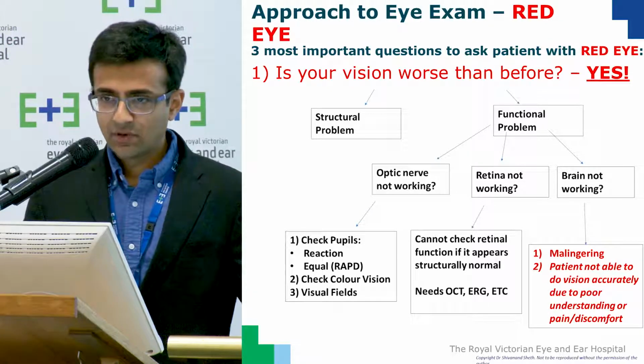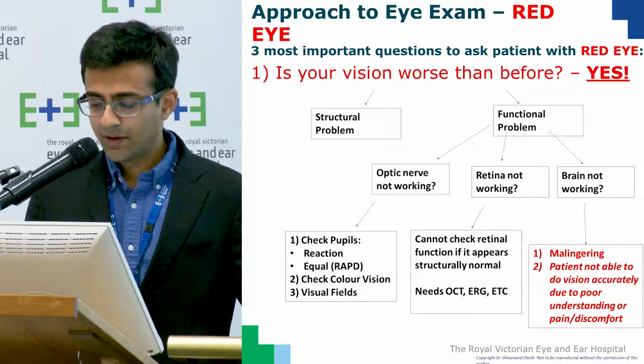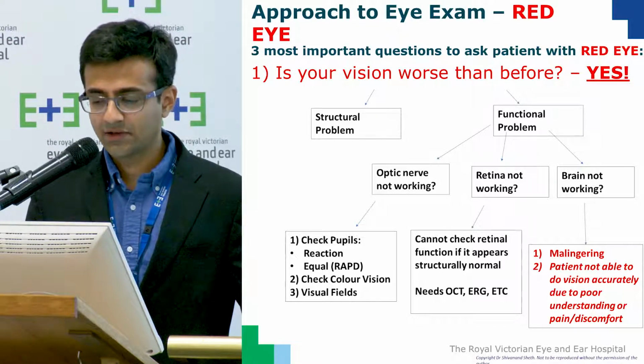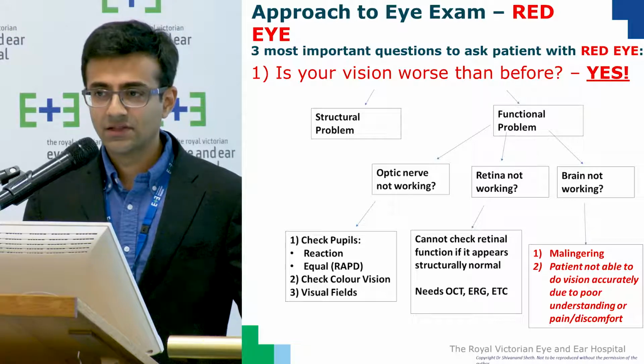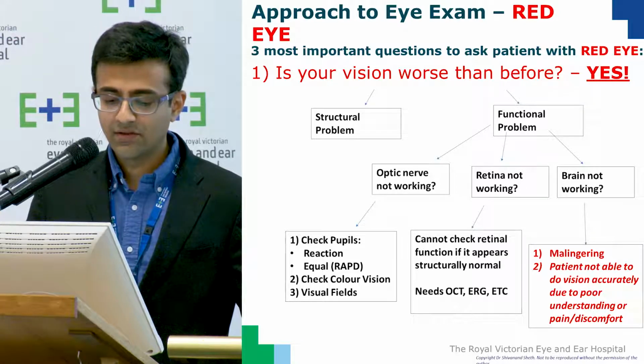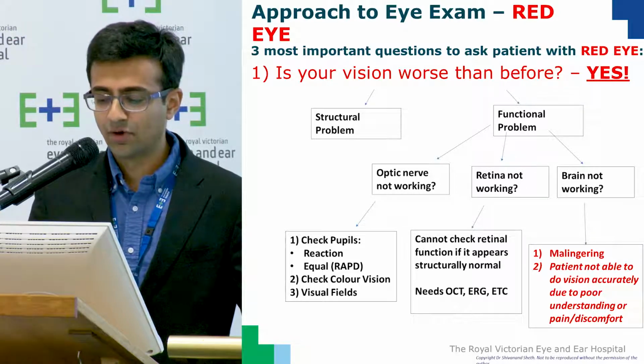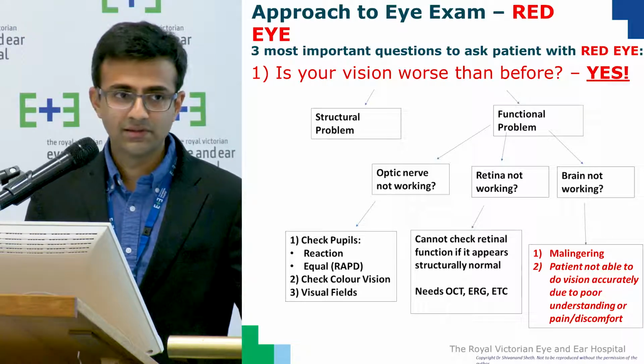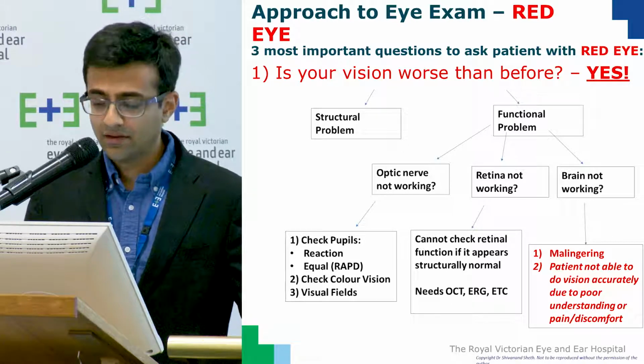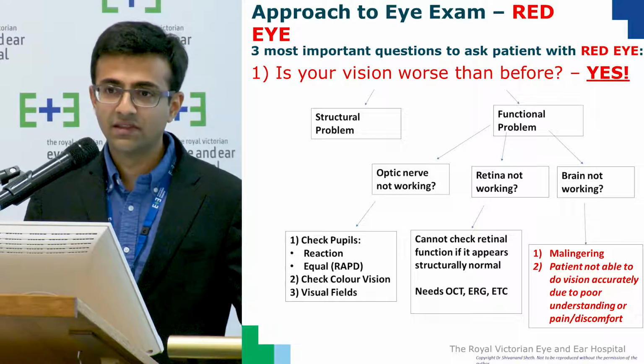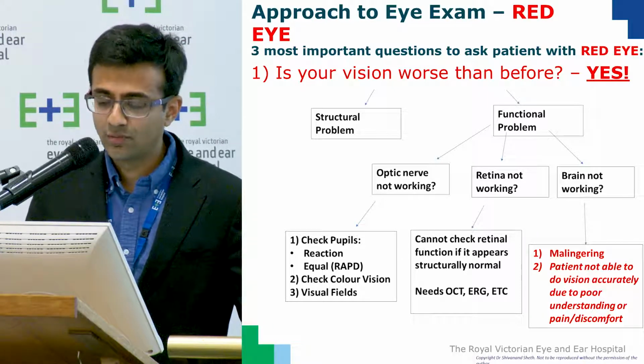And I put this in red because this is actually more common than you think, whether the brain is not working. So the eye is red, vision is worse, you can't see a structural problem, he doesn't have an RAPD, red reflex is normal. So why is he not seeing well? Probably he's faking it. Common in young people who have been punched in the eye, or people looking for compensation,